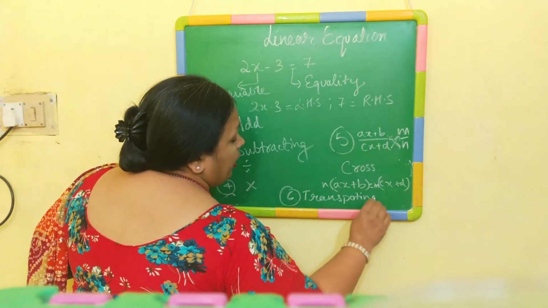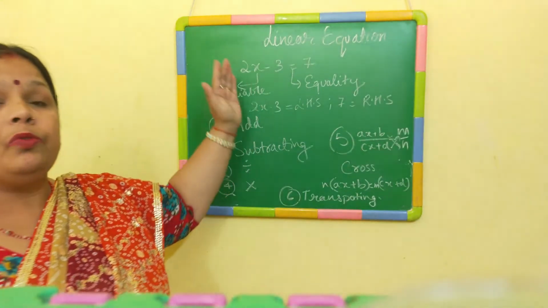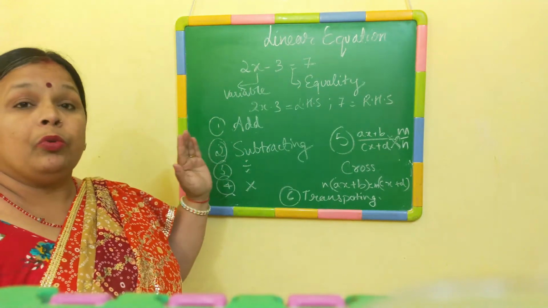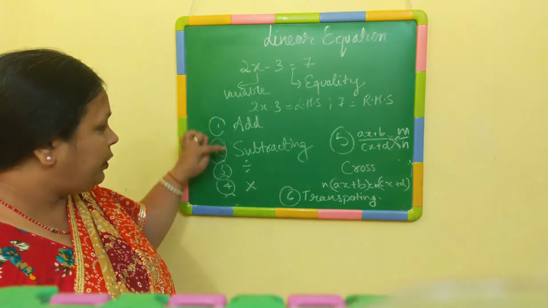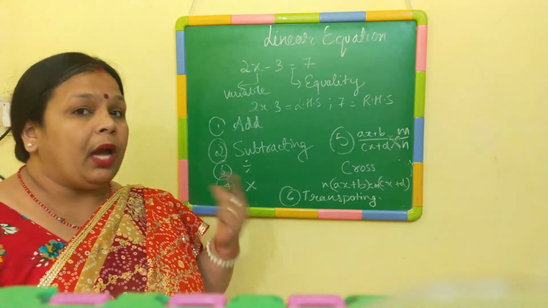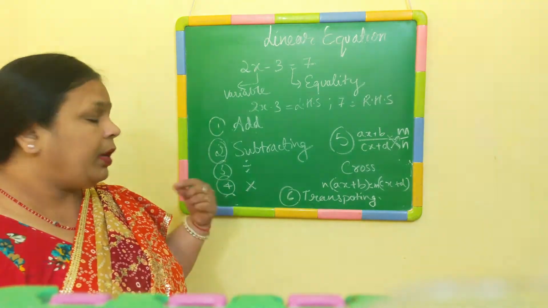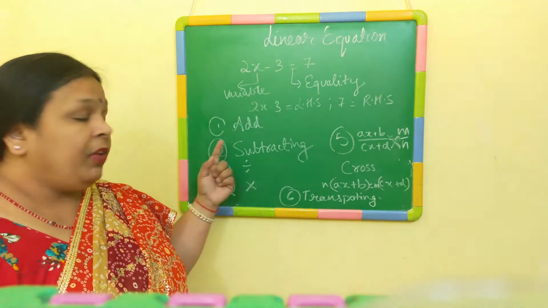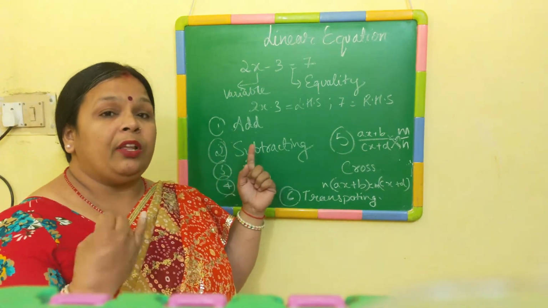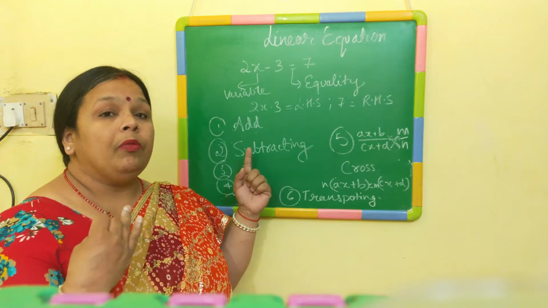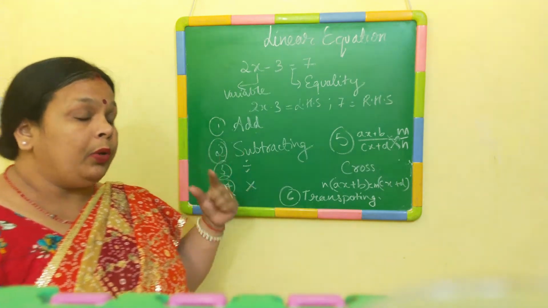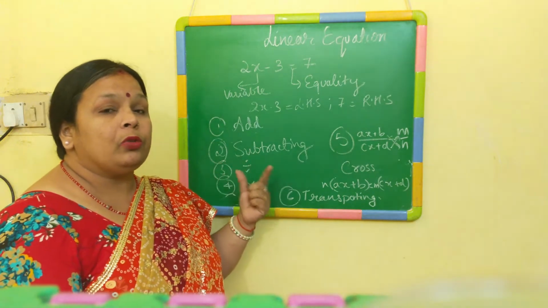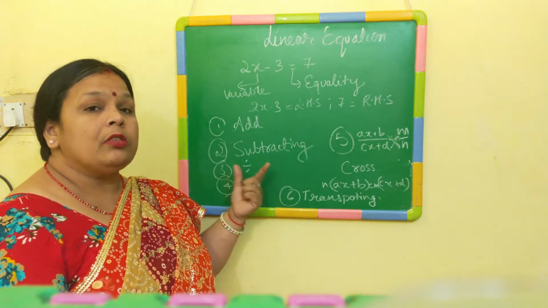Now one more rule is there, that is the sixth rule, which says it's transposition. Transposing. Okay. That shows we will be transposing the values from LHS to RHS. Now remember, we are going to see the examples for the first four conditions, where we will be adding the values, subtracting the values, dividing and multiplying. So the rules are explained. We can add a numerical value to LHS and RHS, we can multiply it. Whatever condition we are doing, that is adding, subtracting, dividing or multiplying, it has to be done on both the sides, so that the equality condition is true.